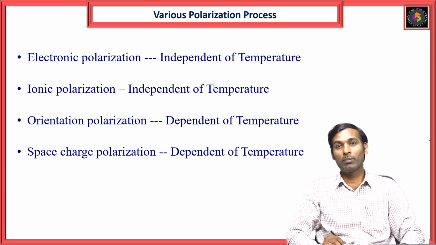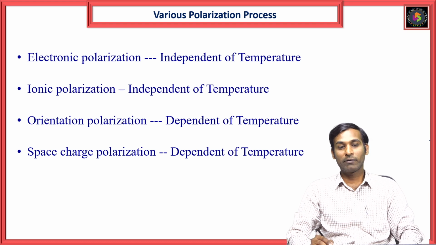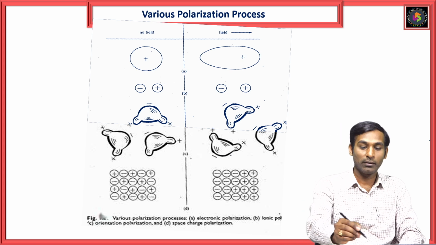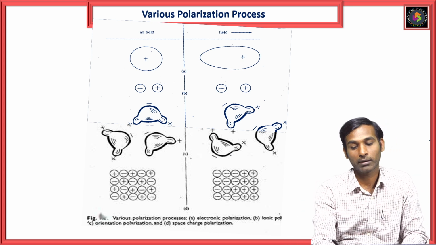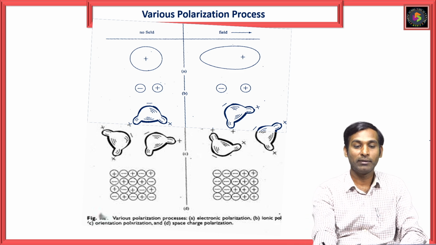We have to derive the equation for the electronic polarization due to the polarized atom in the unpolarized atom. You can see the derivation part also. Now you can look here, we are taking various types of polarization process. In the diagram, various polarization processes occur. The first one is electronic polarization,